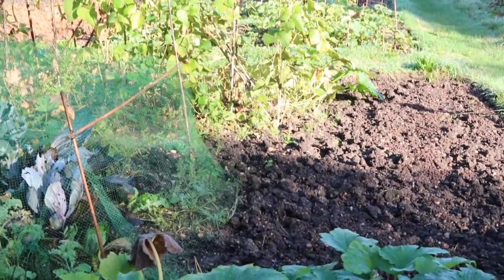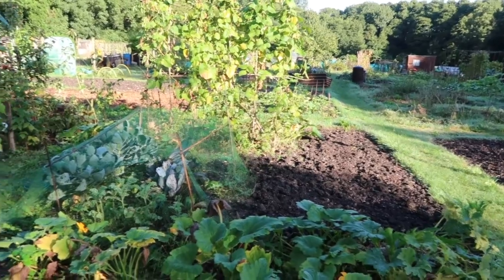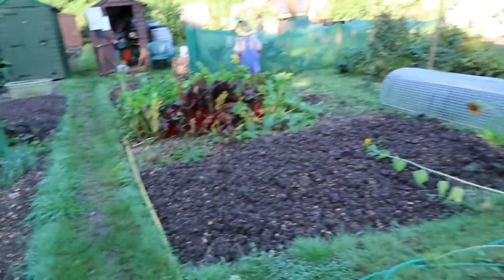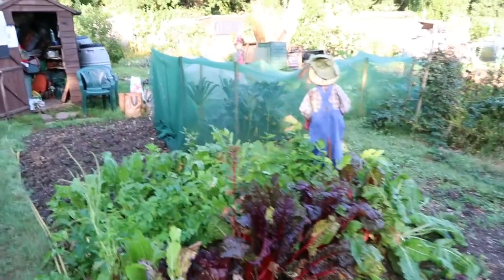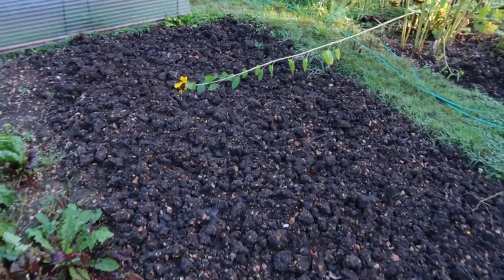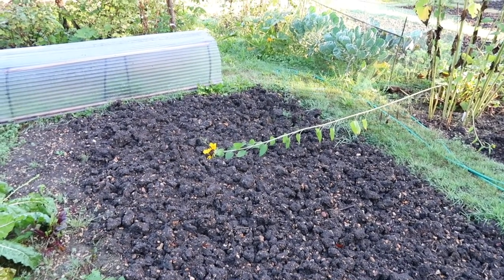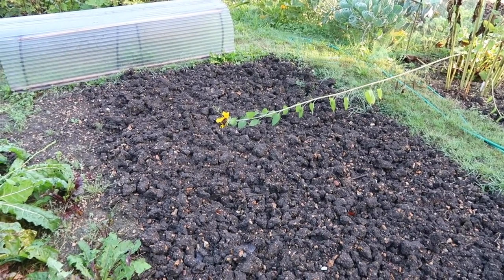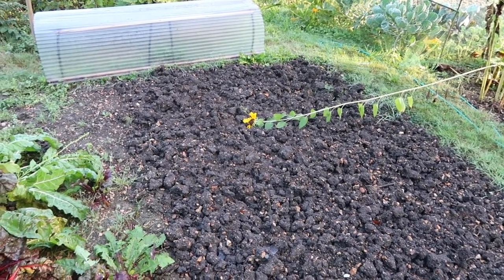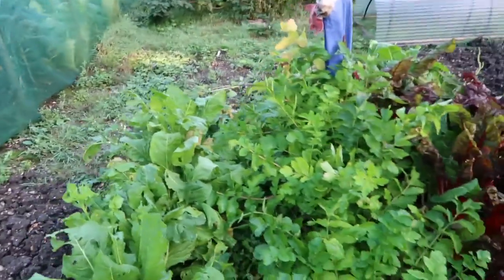So it's all in my head, and I need to sit down and draw out a plan so that I've got something to refer to, because otherwise it will go a bit haywire come planting time. And I think that's why I made the error with this, thinking that I could put my onions in here, when really if I want my spuds in at the right time, this really can't be onions, because there just won't be enough room. I think I'm probably just going to do earlies this year, or next year rather, and